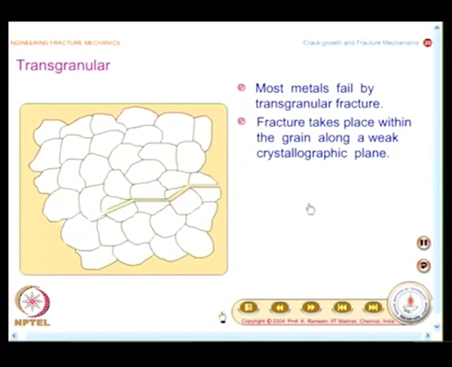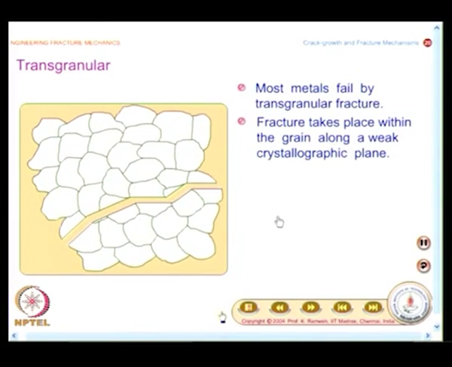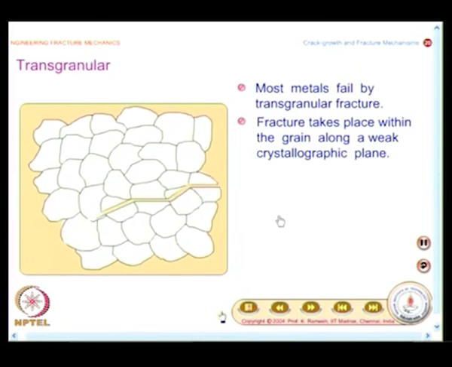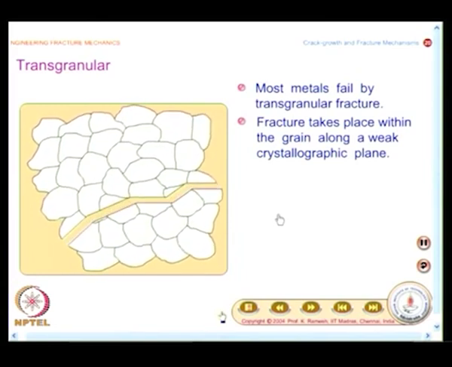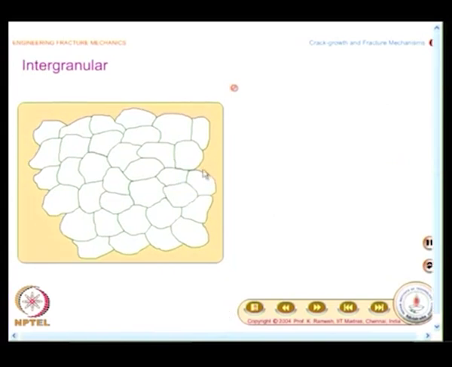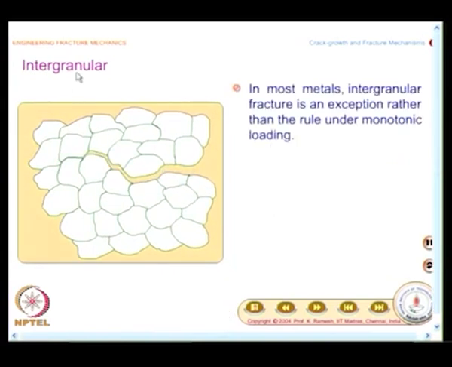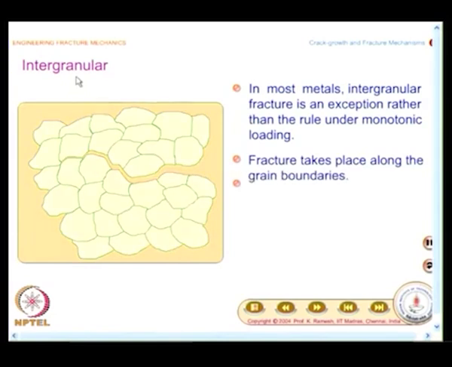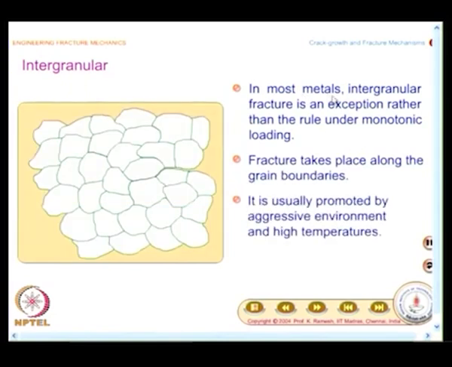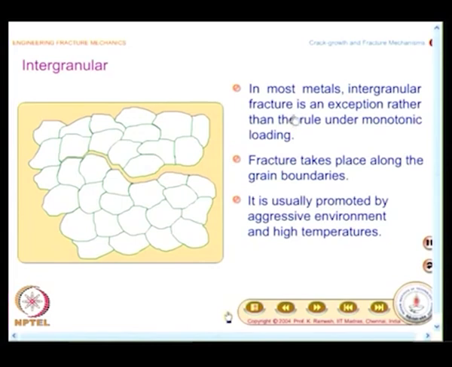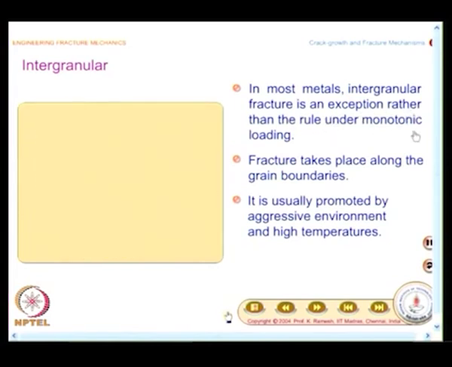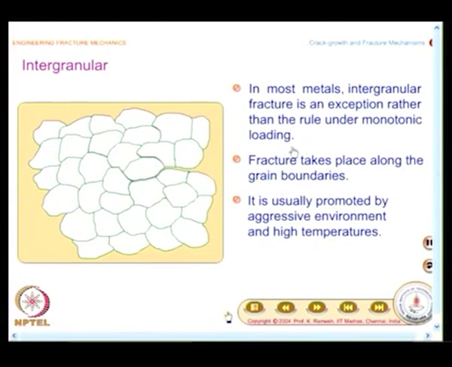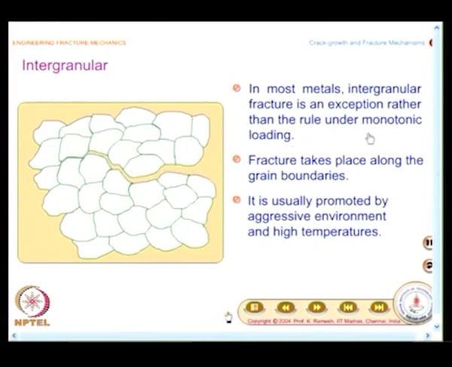And you have another process. We have already seen that in the case of stress corrosion cracking, where you had the crack growth along the grains. So, that is called intergranular fracture. In the case of metals, intergranular fracture is only an exception rather than the rule under monotonic loading. So, you will have to understand under monotonic loading it is only an exception,